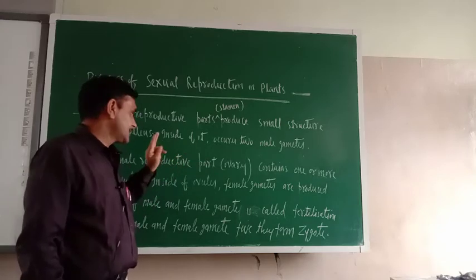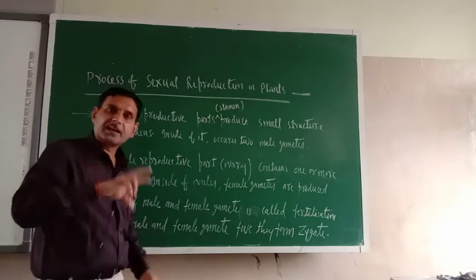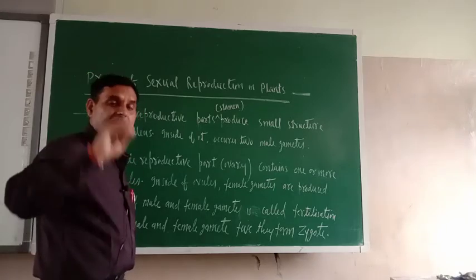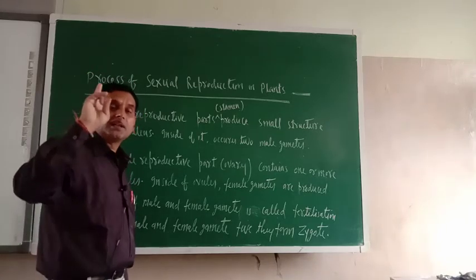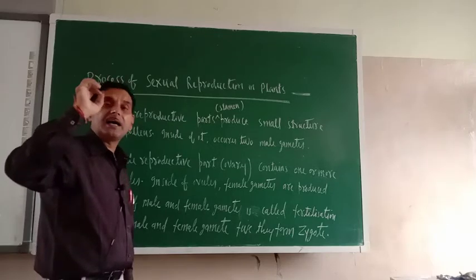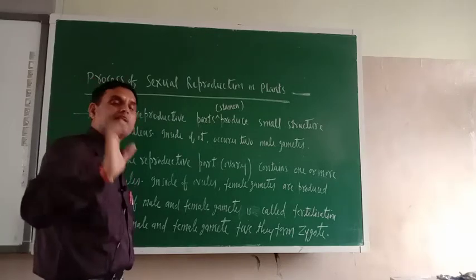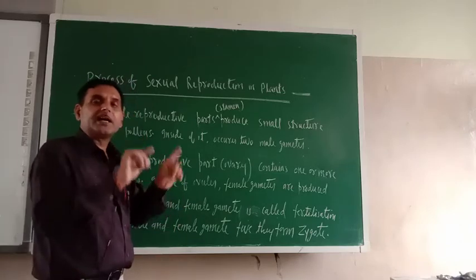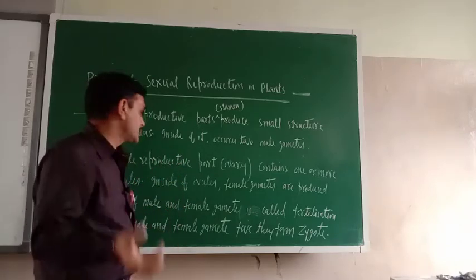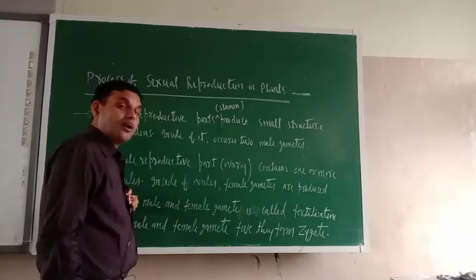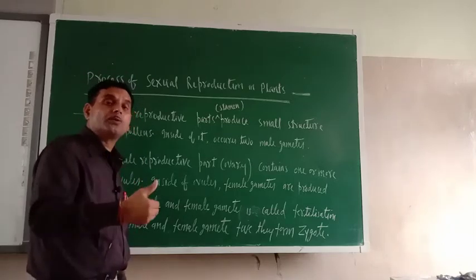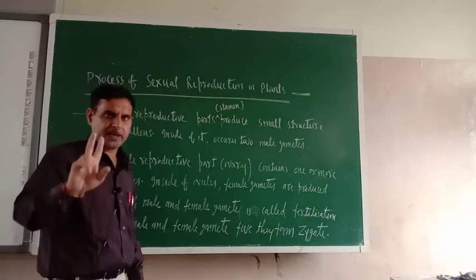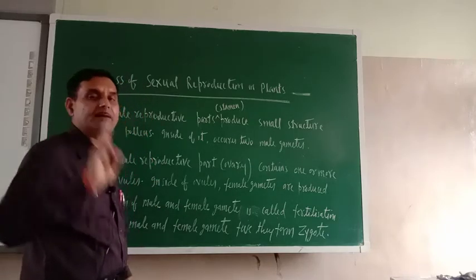Okay. Second thing, the female reproductive part is the pistil. Okay. In the pistil how many parts are there? In the pistil, stigma, style, ovary. The most important part is the ovary. In the ovary what is there? It contains one or two ovules. What does it contain? Ovules. Inside the ovules what is there? Female gametes are there. Okay. What are there? Female gametes.